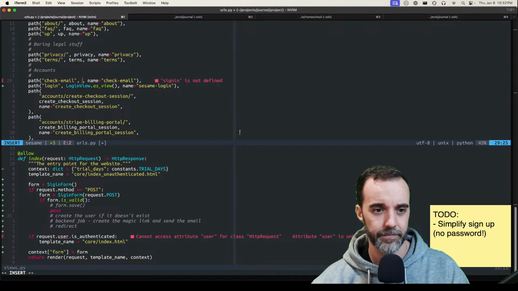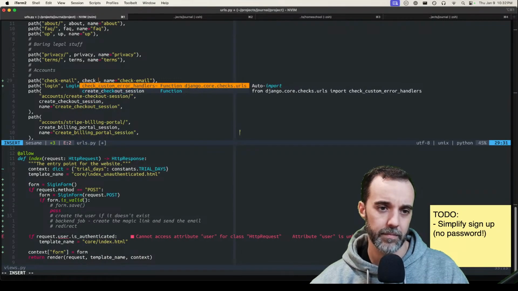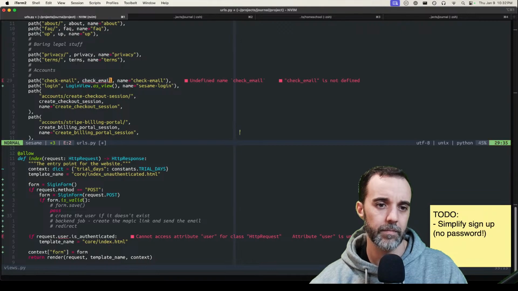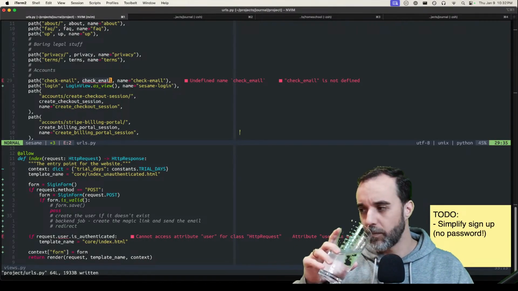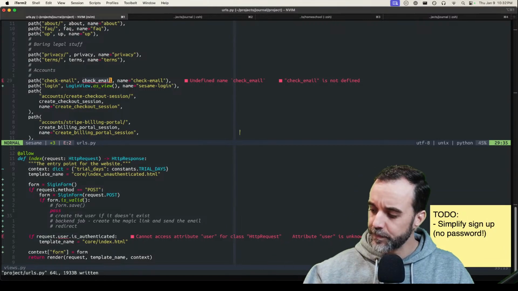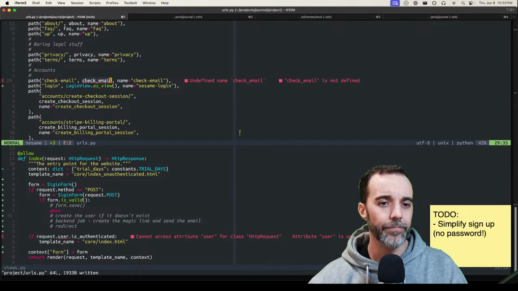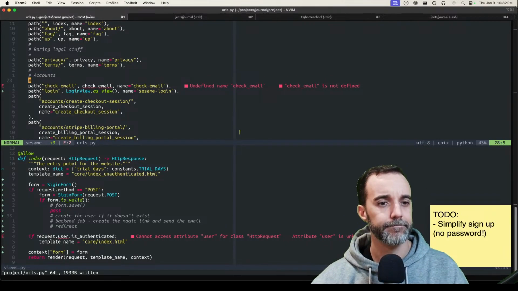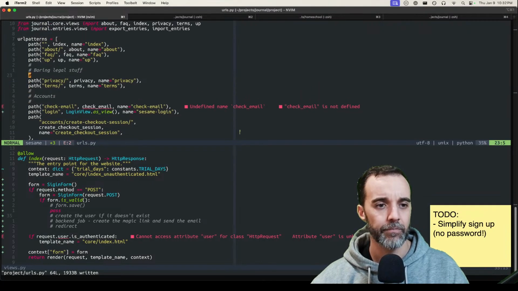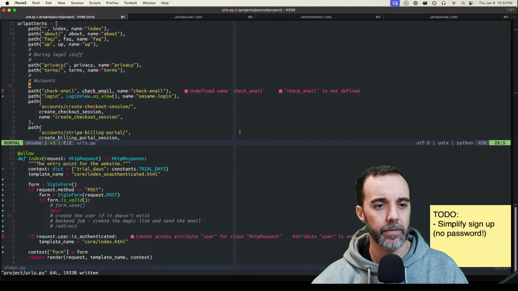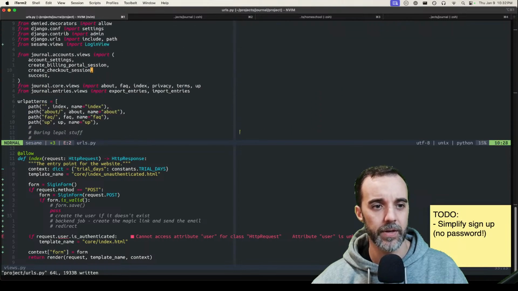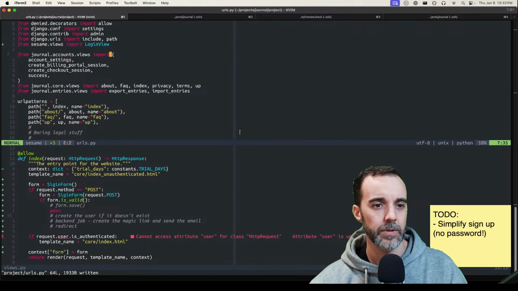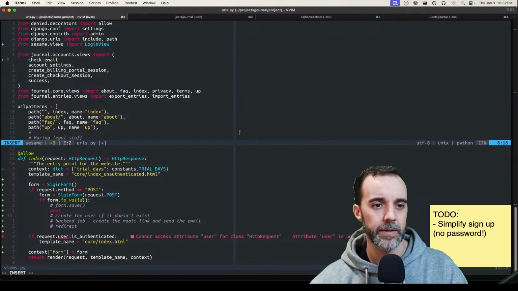That's probably okay. That's just going to be a template view that is saying like in your email. Okay, and we can put that template view under the account section. That's reasonable. So we'll call this check email,